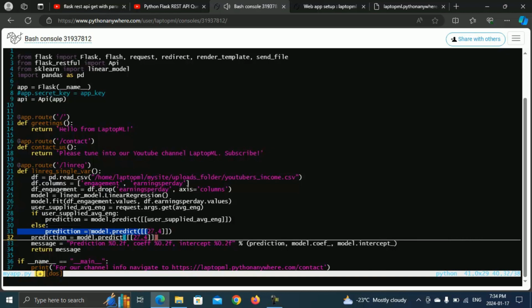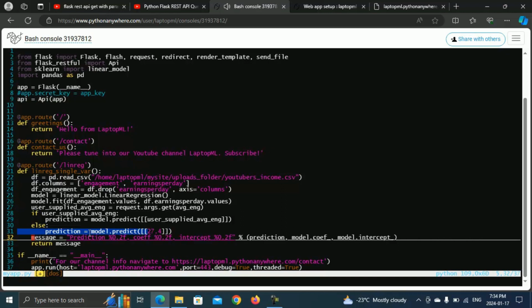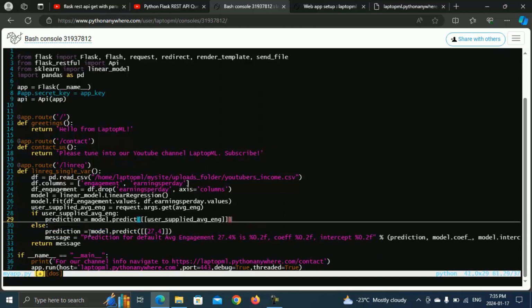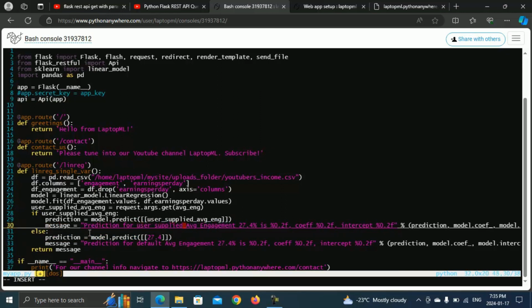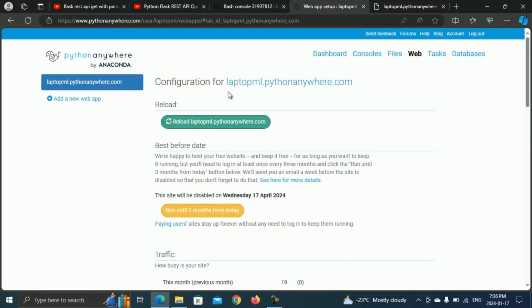And when we do that, we don't need this line over here. So I'm just going to say this would be the prediction for default average viewer engagement percent, 27.4%. And for the user supplied case, I'm just going to add the user supplied value here. That should be it. I'm going to rebuild our website because we made changes to the code. That's done. If you look at not passing any parameter to the GET REST API call, then,